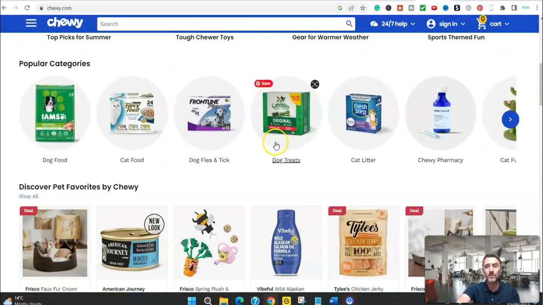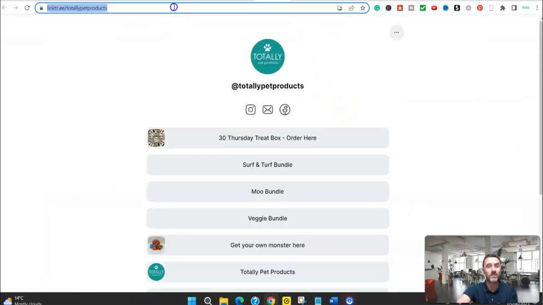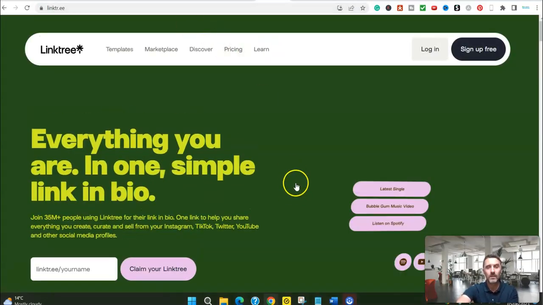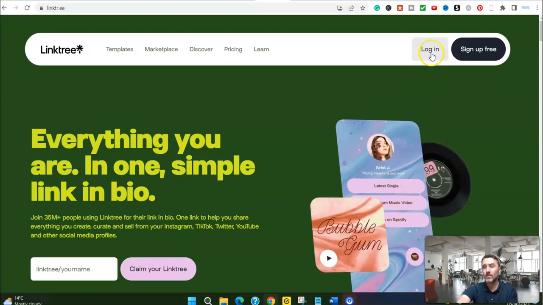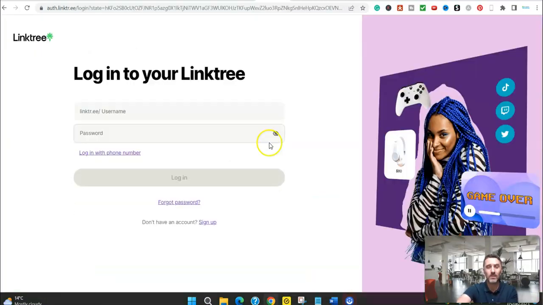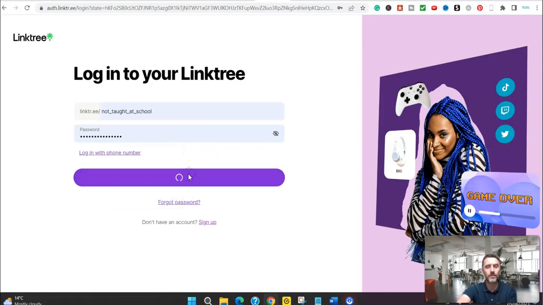Look at this. There's so much stuff you can link to, okay? So once you've found some affiliate programs, then you'd need something like this, which is called Linktree. Again, it's free. So let's just go to the home page. Everything you need, simple. You come over here, you sign up for free. Let me show you how it looks on the back end. So let me just quickly log in here.